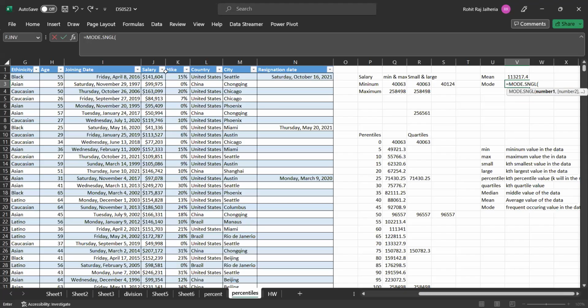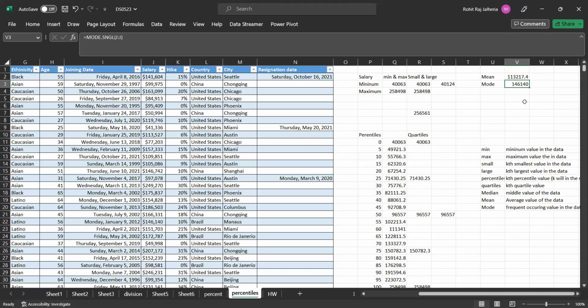If I execute this, if I pass the salary column here, right? So 146,140 is the salary that most of the employees are having, right? We'll also find out how many employees are receiving this figure of salary, which is 146,140, when we discuss the count functions. We'll discuss more on this, like how many employees are receiving this particular salary, which is the mode of the data,